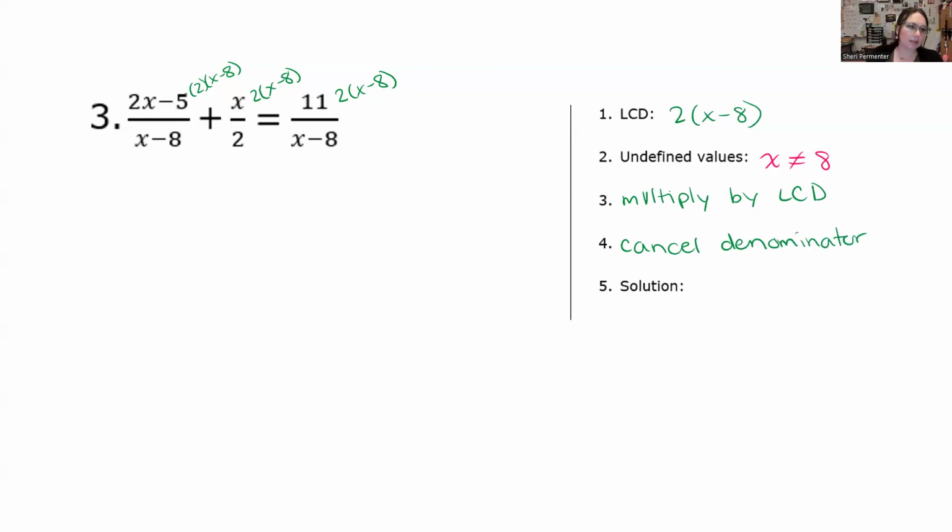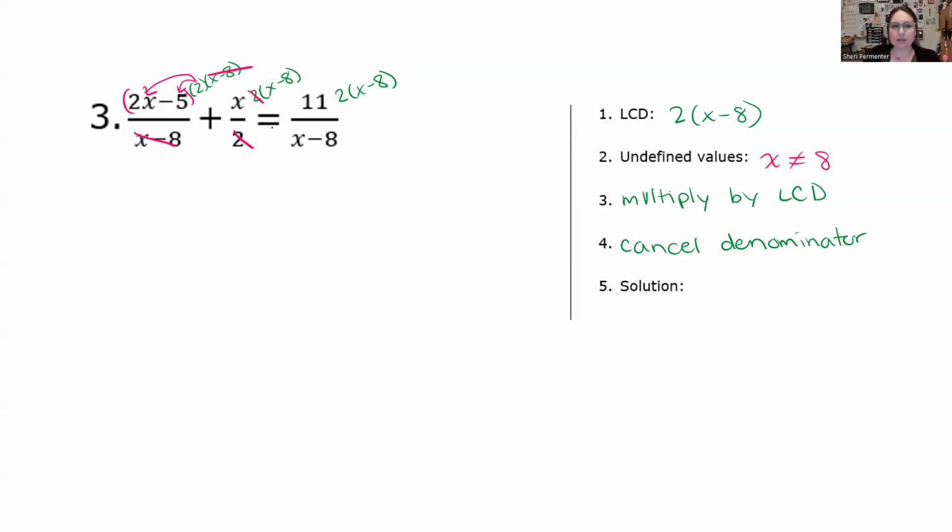Either way, same thing. So now we go through and we see what cancels. For this one, we have an x minus 8 and an x minus 8. So these cancel, but I'm still going to have to multiply 2 times this stuff. So as I rewrite it, I can go ahead and distribute this in and make sure that I multiply the 2. For our next term, the 2's will cancel,